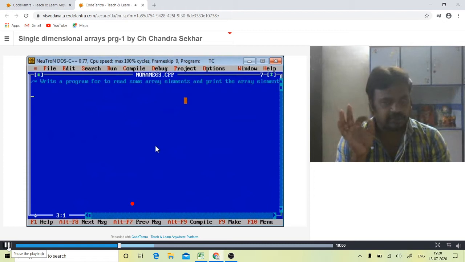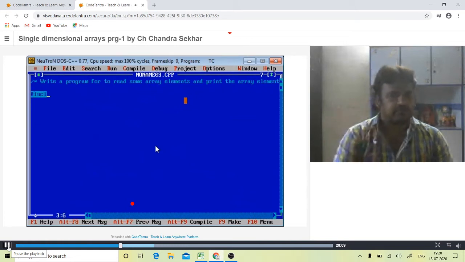So we print only the array elements which are divisible by 5 and not divisible by 10. Okay, let's see the program. I should include stdio.h.